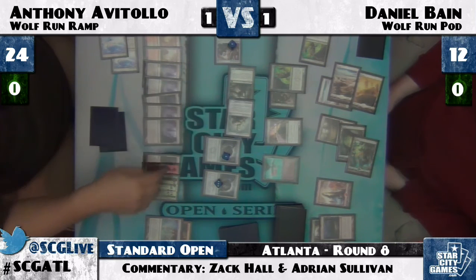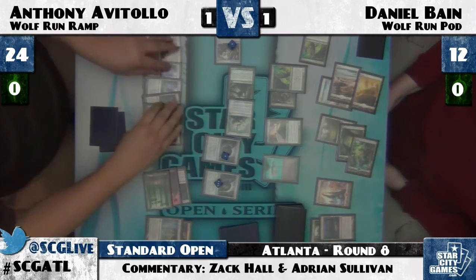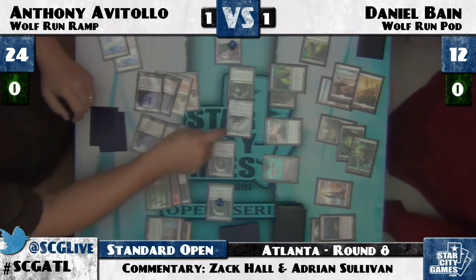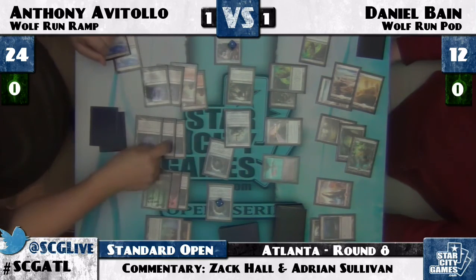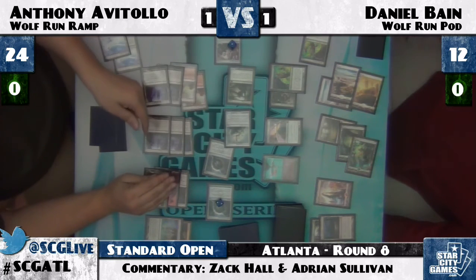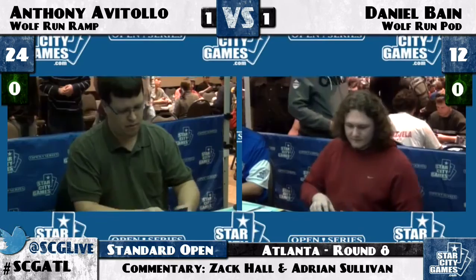Anthony Avitollo has his lands arranged by type now. He has so many. This is my Nexus pile. Oh. Zot. And Tramplion. On Primeval, he says. Condemn. He shrugs his shoulders, counts it up. And that's the game. There we go. Anthony taking it down